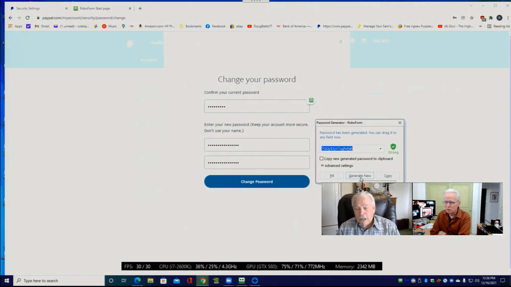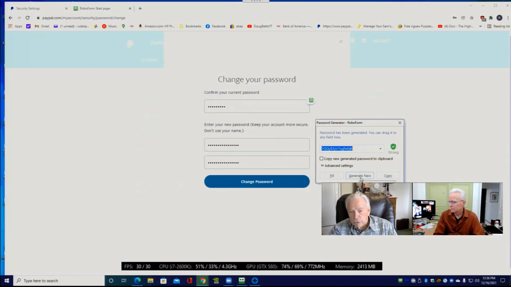I might have a question. If we had selected this particular password, however, we can't on this one because we have exposed it. RoboForm has created that and remembers it, and I don't have to worry about it. I just log on, and RoboForm will supply the passwords for me when I want to open up PayPal again. Is that correct? Right.